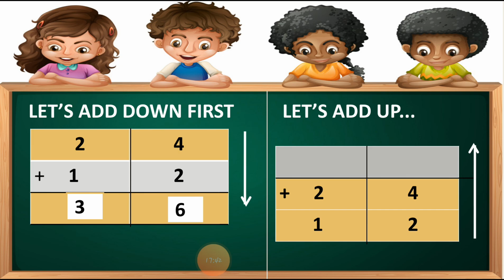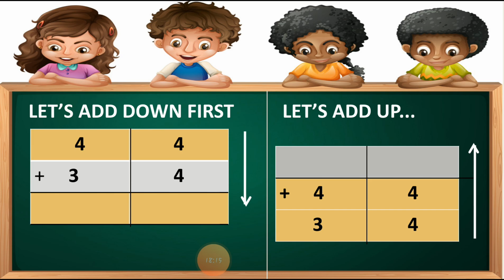Now let's check whether the 36 answer will come or not. In the adding up side, here is 2 plus 4. So 2 plus 4 is equal to 6. Now the tens column is 1 plus 2. So students, 1 plus 2 is equal to 3. So here our answer is the same. You can see this 36 and also 36 at both the sides. So here our answer is right.